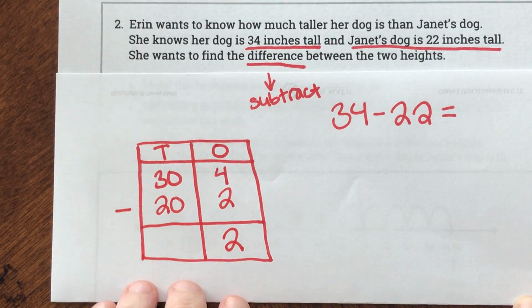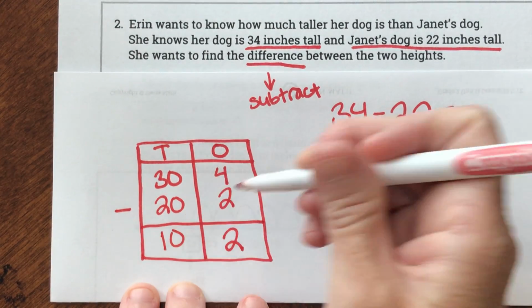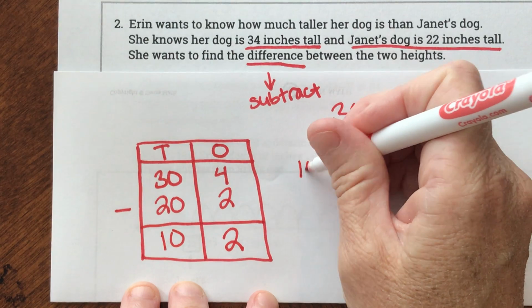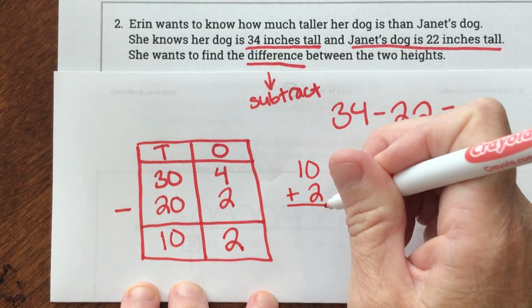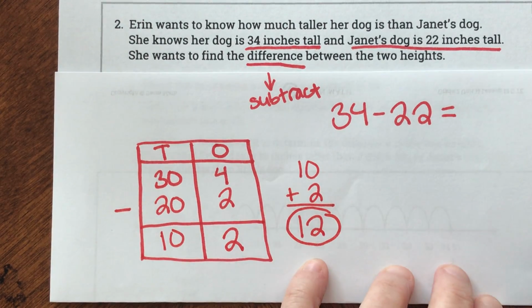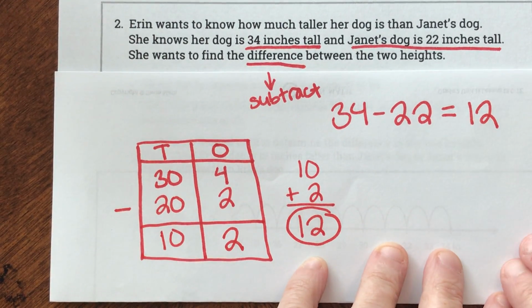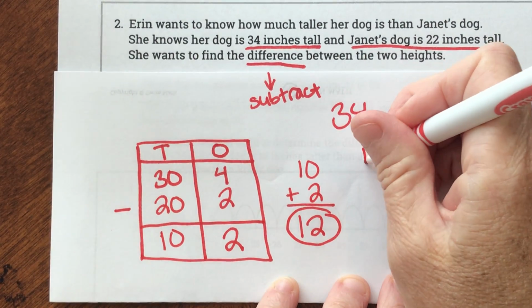Okay, if I have 30 take away 20, I'm left with 10. So what is 10 plus 2? 12. So my difference is 12. My difference is 12. So if they wanted me to write this, I could say